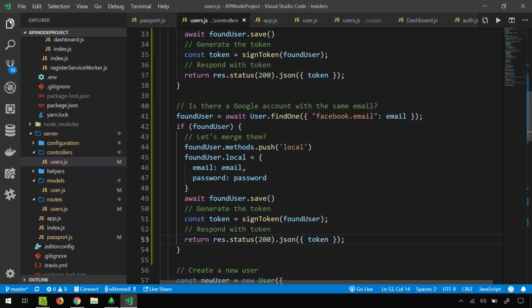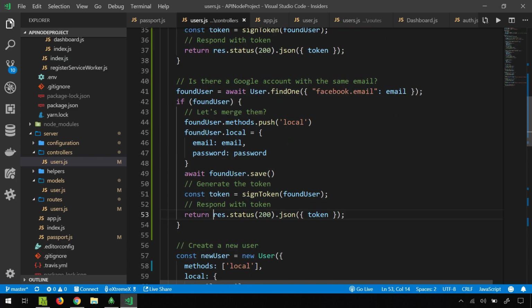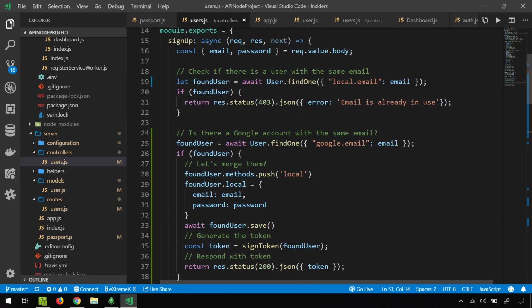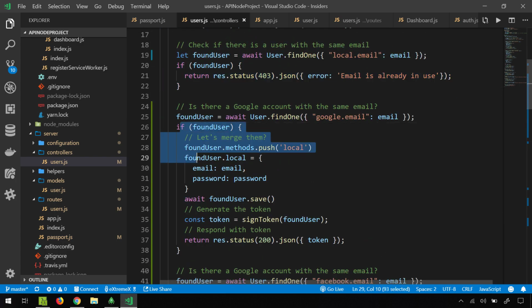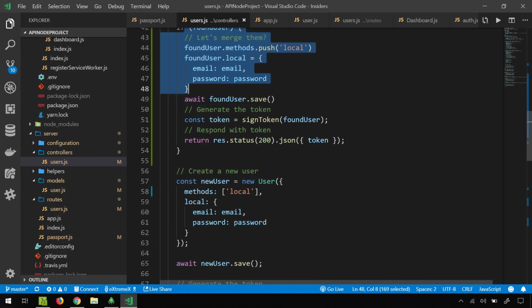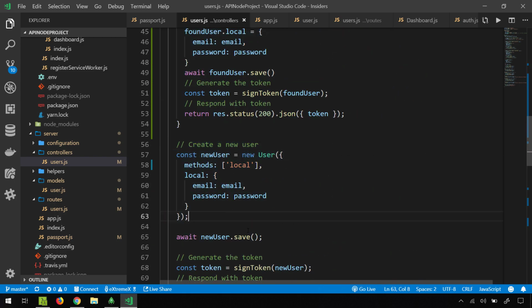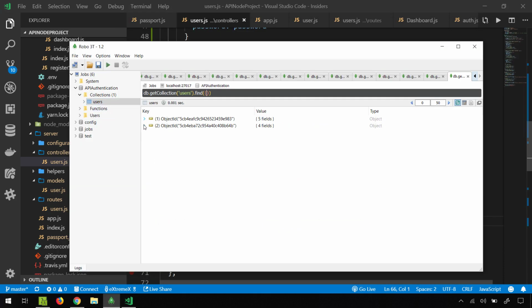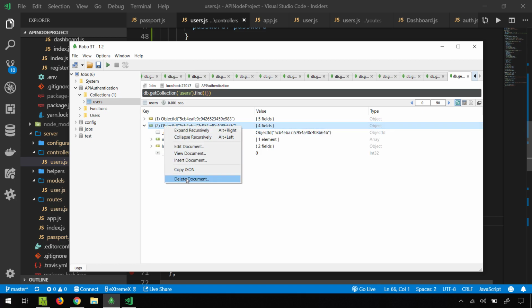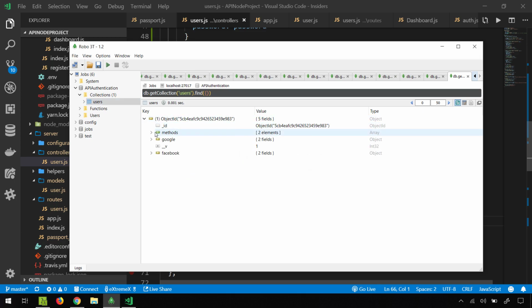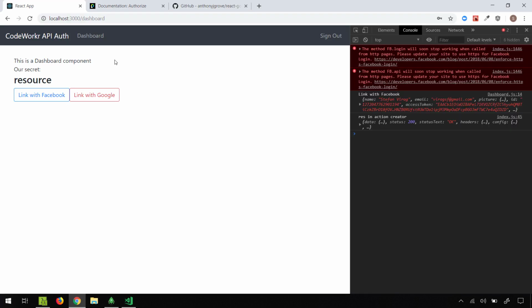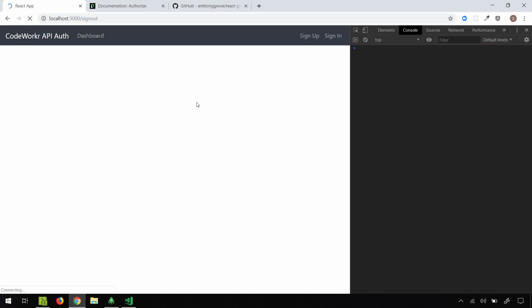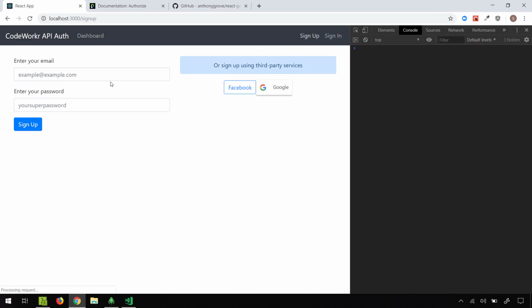So let's just return those, and then in case these things haven't happened, so if this was false, this was false, this was false, only then we actually jump in and do this. So now let us try this again. I'm going to get rid of this second object. Okay, so we just have Google and Facebook, but I'm going to use, say, Google's email this time. So if I sign out and I refresh this and I sign up with Google's email,